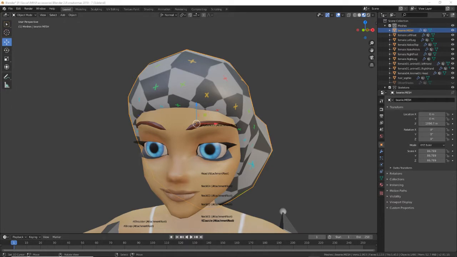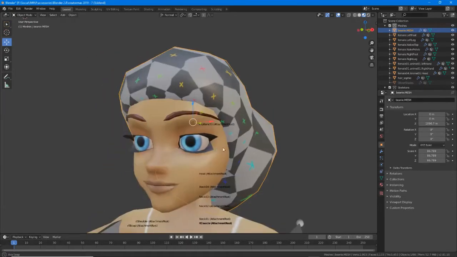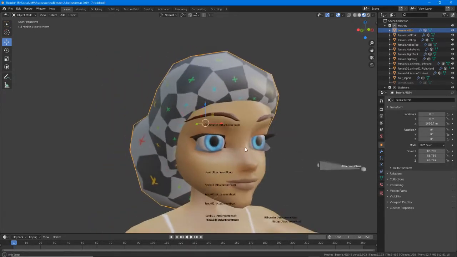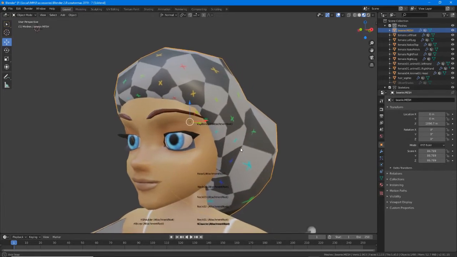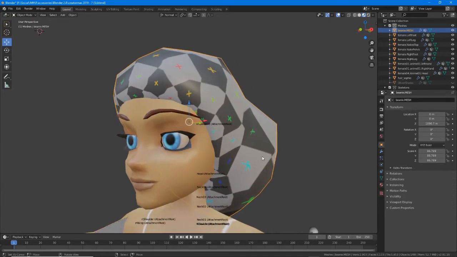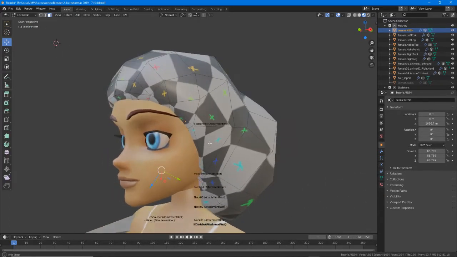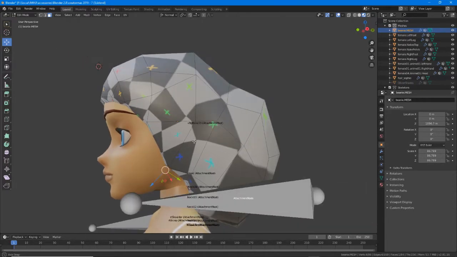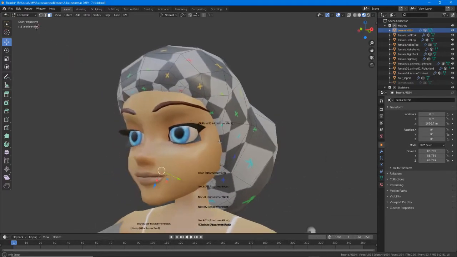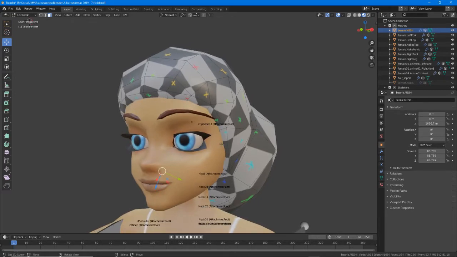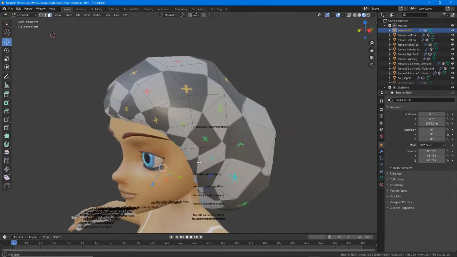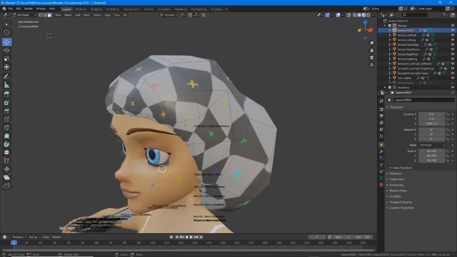Right, so we've got a basic structure that's fitting the head. So what we can do now is start to essentially detail this up a little bit. And of course we're doing everything in edit mode. But what we're going to start doing today, or what we can start doing now, is we can start changing the structure of the mesh. So for example, what we want to do is add a brim of sorts, and then we'll start adding